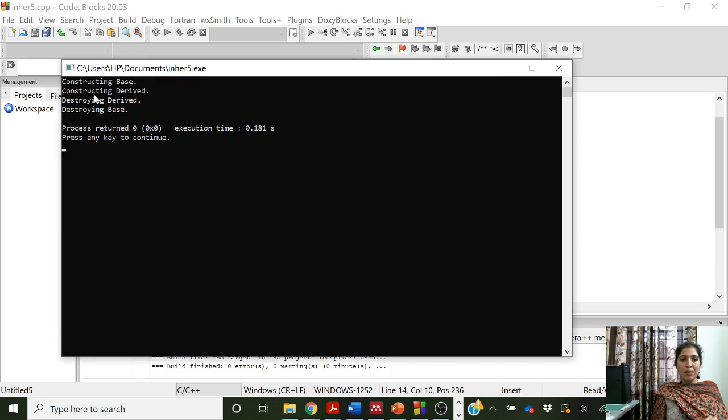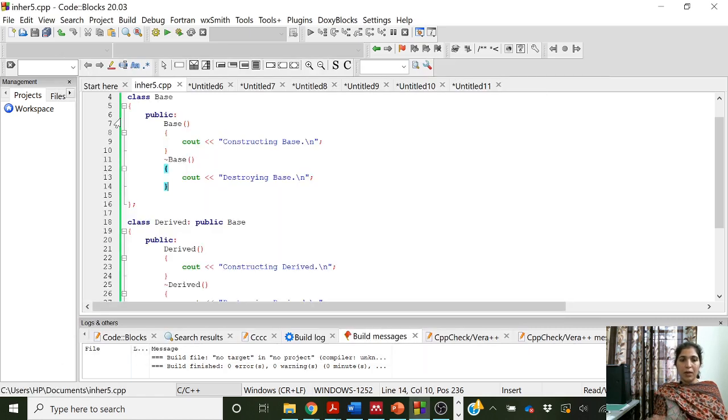So constructing base, constructing derived, destroying derived, destroying base. Constructors are executed in the order of inheritance. The destructors are executed in the reverse order of inheritance.